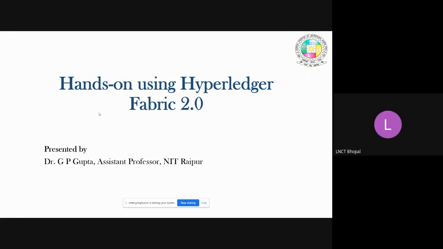So in this session, we will study how to use Hyperledger Fabric. Yesterday, I discussed some of the architecture of